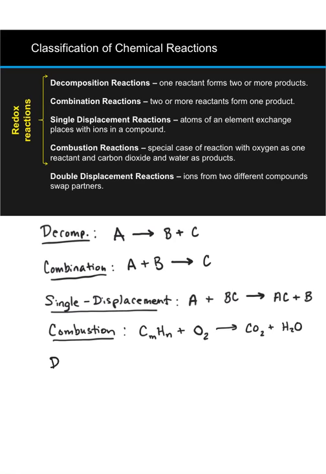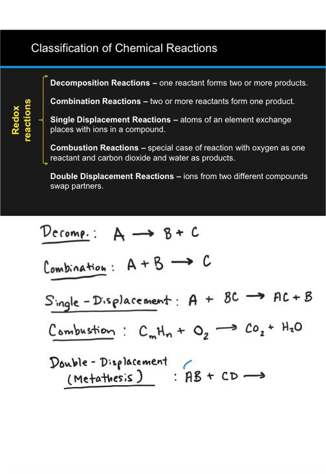Lastly, in a double displacement reaction, we have a similar mechanism to the single displacement we saw above, except that in this case, two things will swap. These are sometimes called metathesis reactions. In a double displacement reaction, two partners come to a dance, say partners A and B, and C and D. And A doesn't really like its partner B, vice versa. C doesn't really like its partner D, vice versa. But